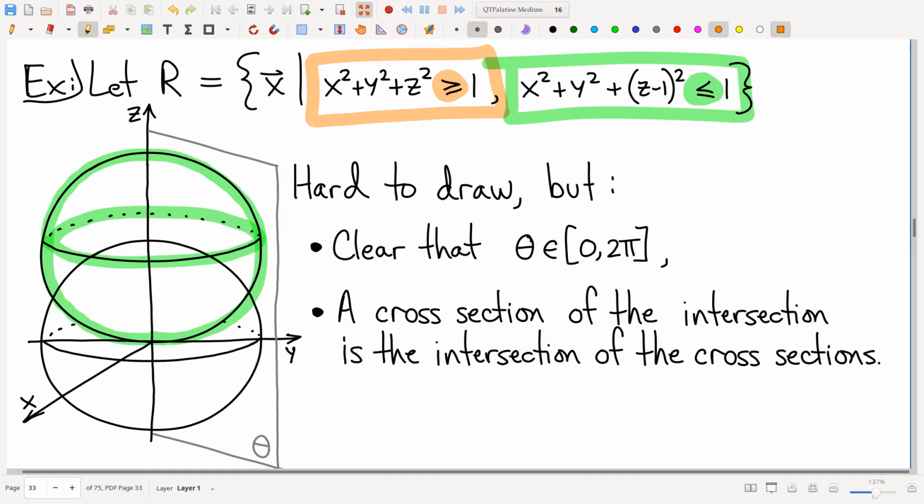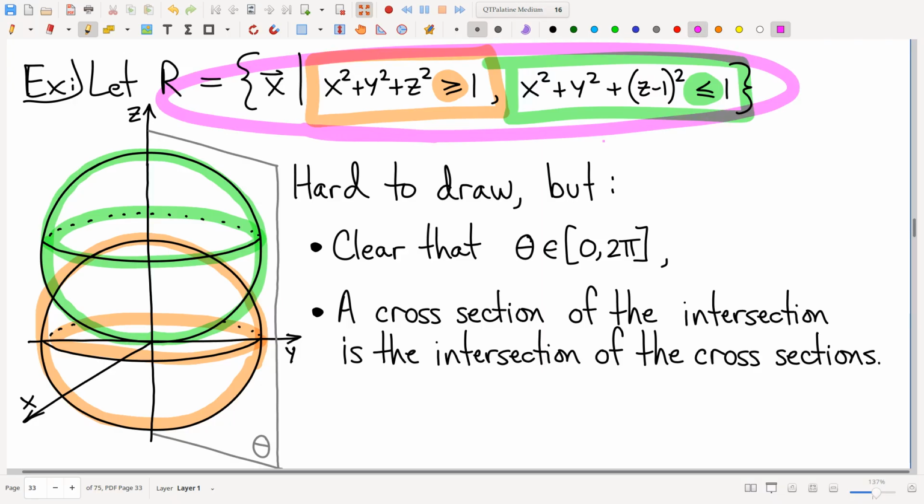It's tempting to say that we've got a ball, but when I say x squared plus y squared plus z squared greater than or equal to 1, what this is saying is I'm looking for points outside of the orange ball. Inside of the green ball, outside of the orange ball. And so altogether, what I'm actually interested in here, my actual solid, this is weird to draw, but it's kind of this thing here. And this is a bad picture